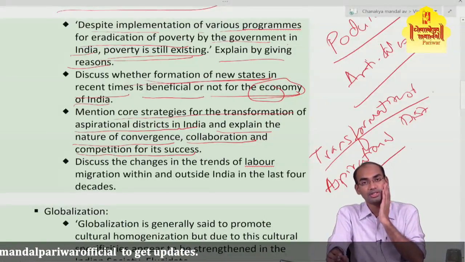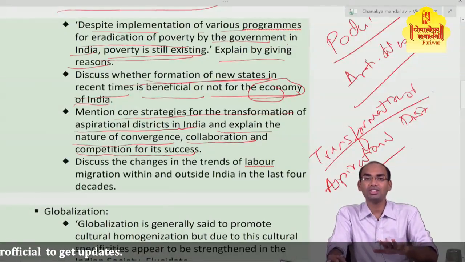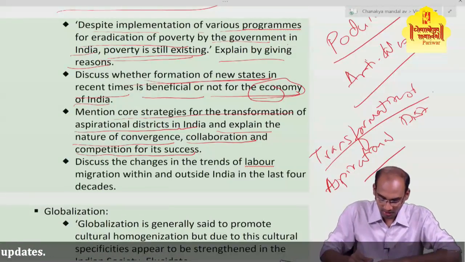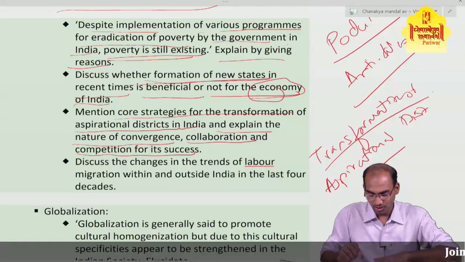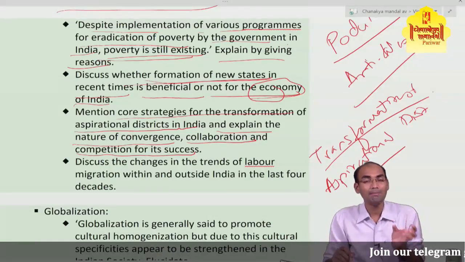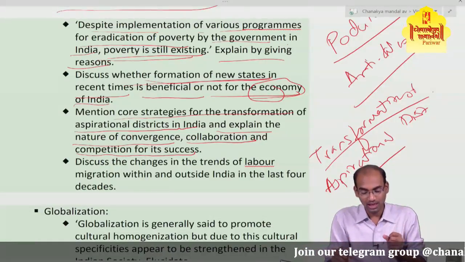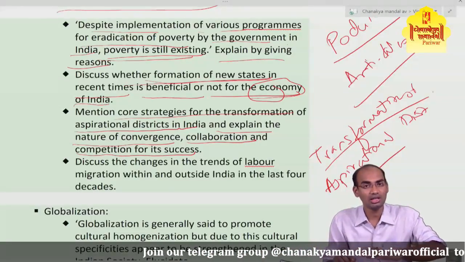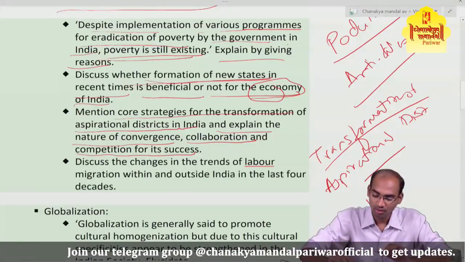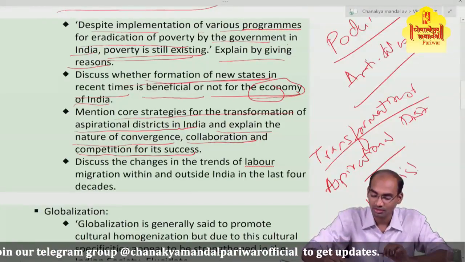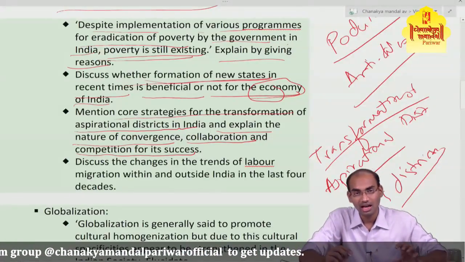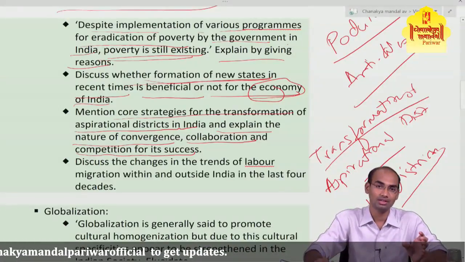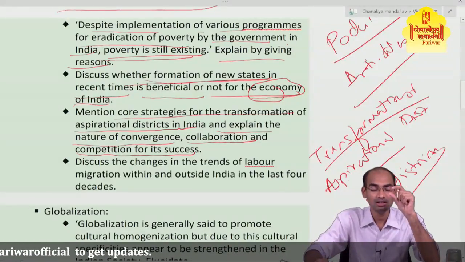Transformation of aspirational districts. So what is the objective of government in this scheme? This initiative aims to remove the heterogeneity through a mass movement to quickly and effectively transform the district. In this program, they have taken 115 districts which are comparatively backward, and the central government